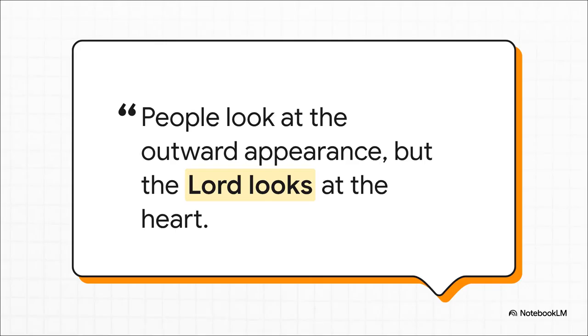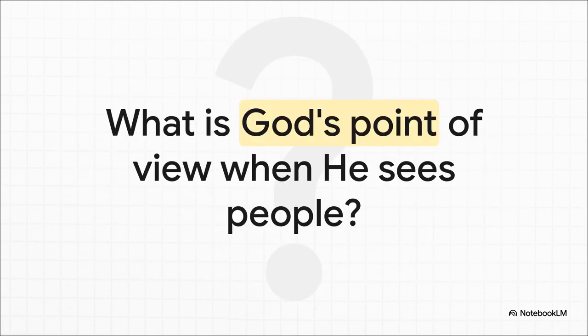Let's dig into this with a really powerful idea from 1 Samuel. This introduces a whole new angle, right? It suggests there's the surface level view, what anybody can see on the outside, and then there's this much deeper point of view, one that sees what's really going on inside. This brings up a fascinating question. If we think about it in literary terms, judging someone only by what we see on the outside, that's like having a limited point of view. But this verse is talking about an omniscient view, one that understands the heart. It's this incredible parallel between how we tell stories and how we see people.